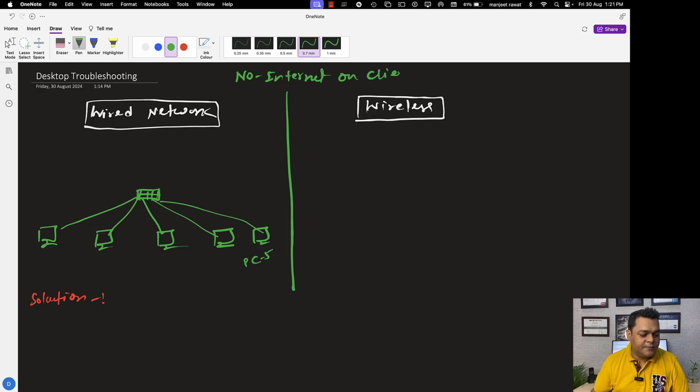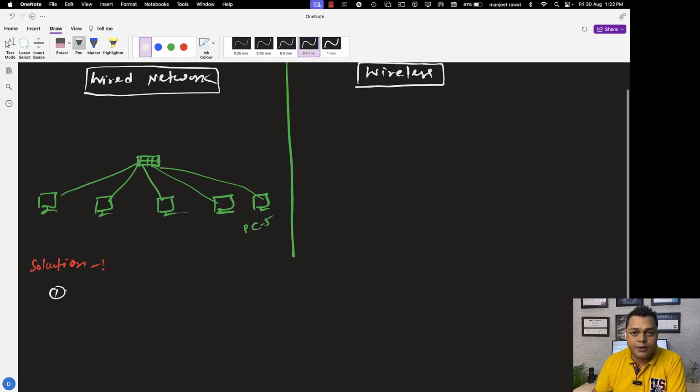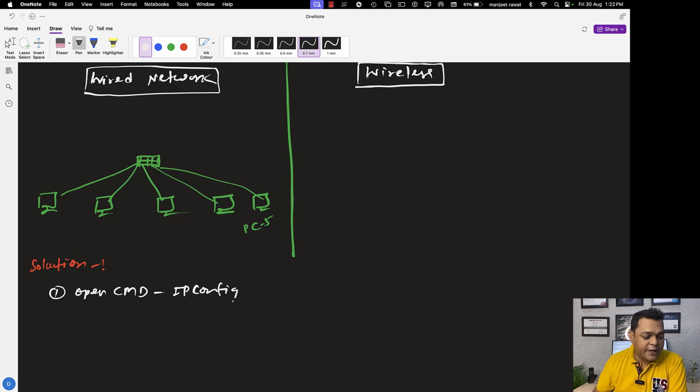The first step, if you are not able to access the internet on a computer while other machines are able to access the internet: open CMD and type ipconfig. Once you type ipconfig, if you are getting an IP address based on APIPA,